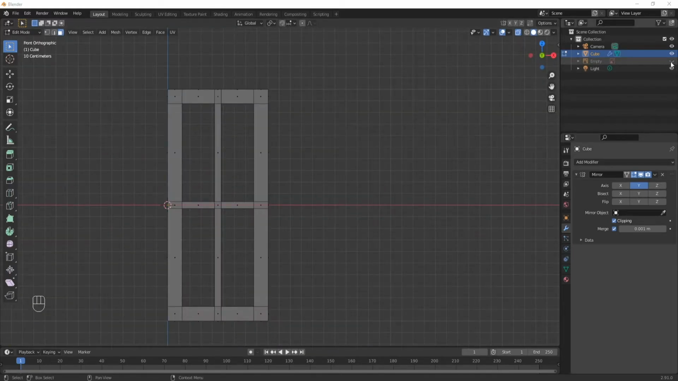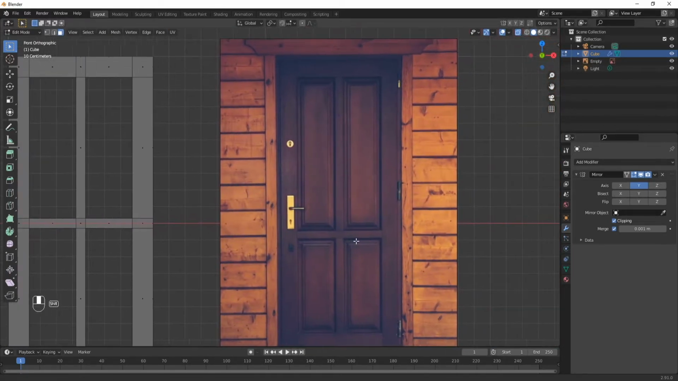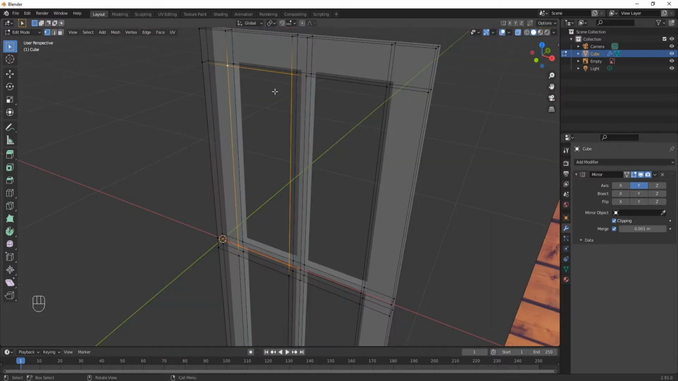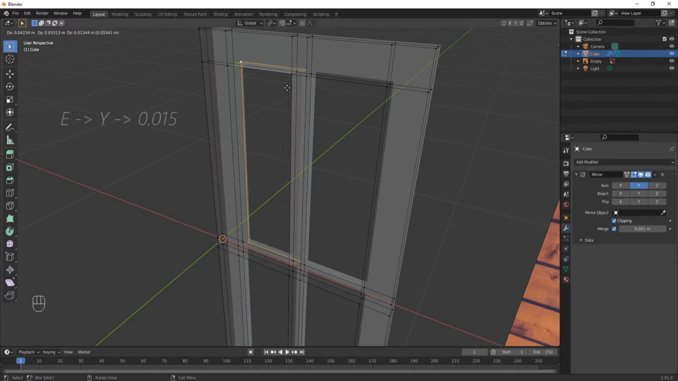We're going to try to build out the 4 panels of the door. Having a look at the reference image, you can see that there are ridges of the panel, and that's what we're going to try to recreate. In edit mode, with vertex mode selected, click on the face which is closest to you on one of the panels. Then, press E, then Y, then 0.015,